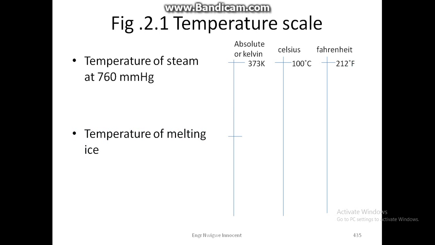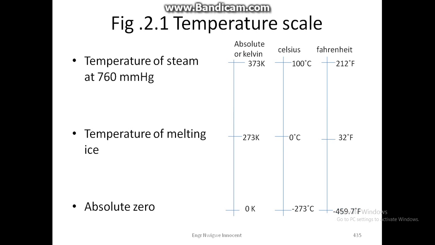The absolute temperature or Kelvin is 273 Kelvin, the Celsius temperature is 0 degrees and the Fahrenheit is 32 Fahrenheit. For absolute zero, the absolute temperature or Kelvin is 0 Kelvin. The Celsius is minus 273 degrees, while the Fahrenheit is minus